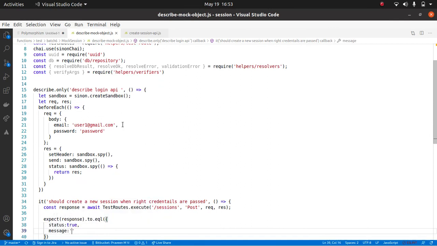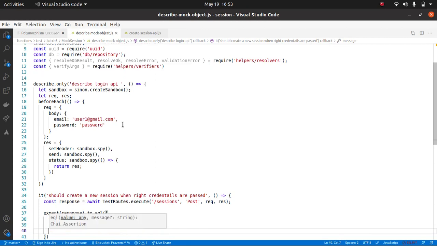And the message, what do you want the message to be? Successfully created a session. And the error message is not needed, because at one time you will only send either the success message or the failure message. The message: successfully created a new session. This is the message we are sending. And what entity should I return back?